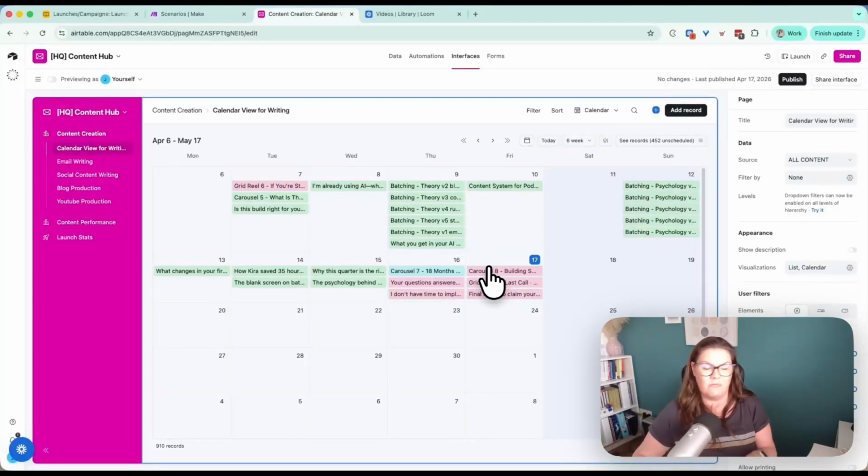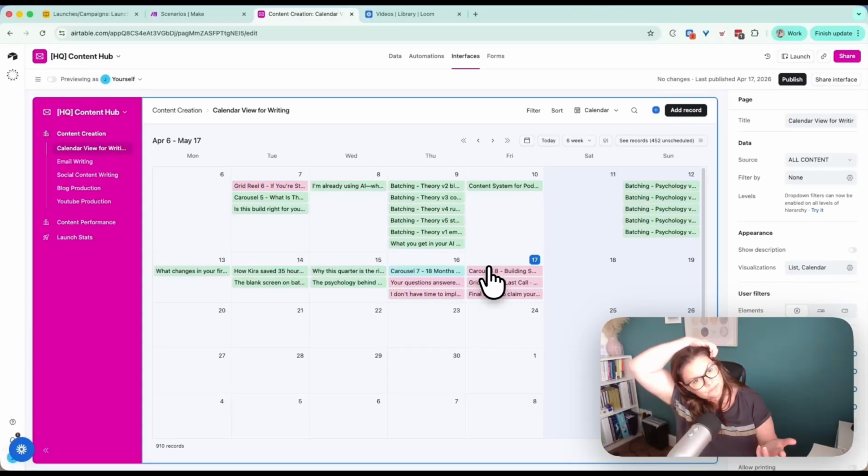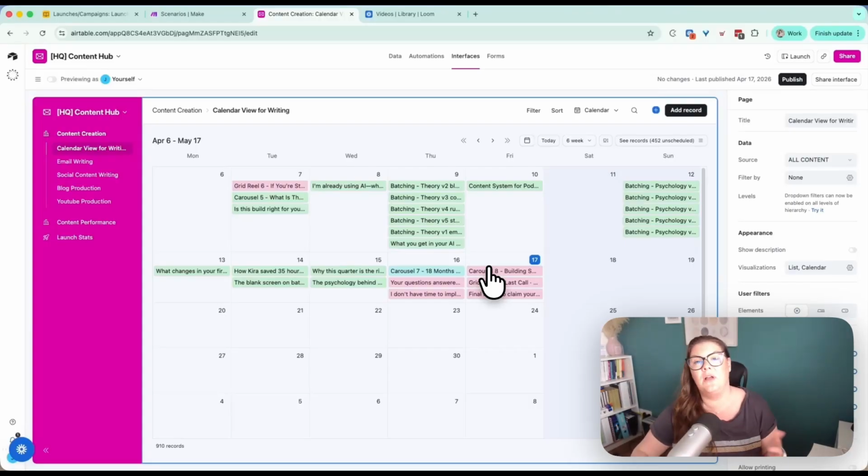That all works great for launches as well. If you're in planning mode, creation mode, or analysis mode, like evaluating how it went, it could all be done from here. An extra thing you can do is I've got a separate sales track and deeper marketing metrics as a whole. You can even connect your sales and automate your sales to be put into here, or I have them separate in a different